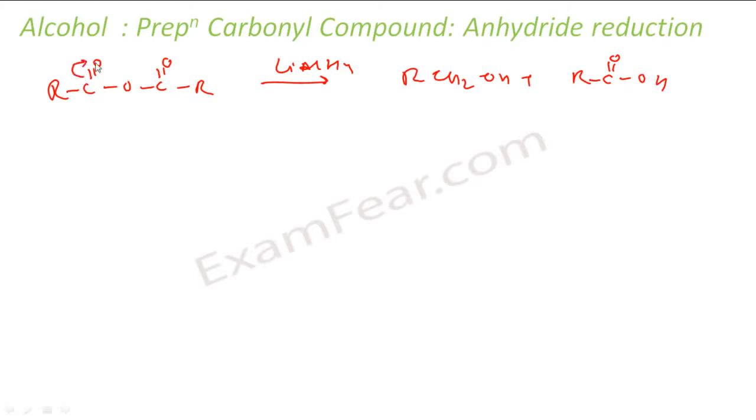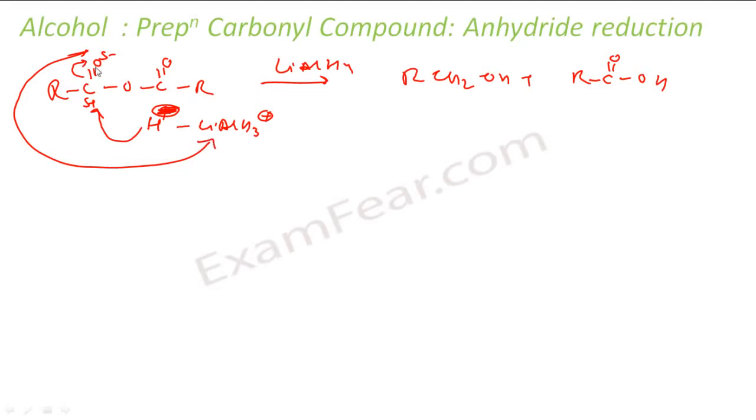So this is slightly negative, this is slightly positive, and I'll attack this guy with the same LiAlH4, H minus and LiAlH3 plus. H minus will attack here and this will attack here. Correct? Actually, it is the other way around. It is attacked from here to here because the electron actually flows from oxygen to this compound, right? So you should draw in this direction. Yeah, this is fine, right? This is one circle. Now with this, what you get is RCO LiAlH3. You get H here,